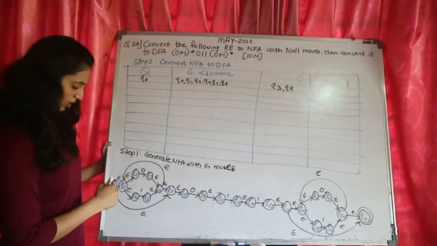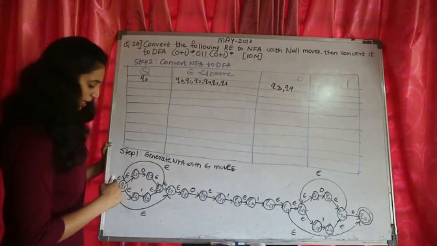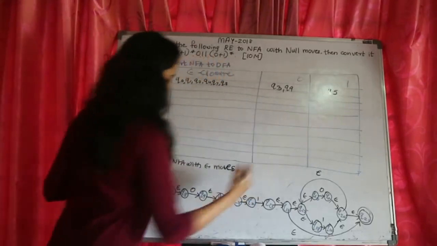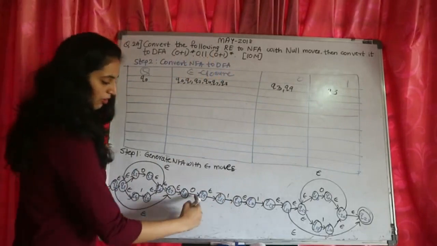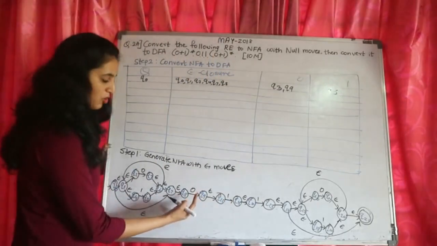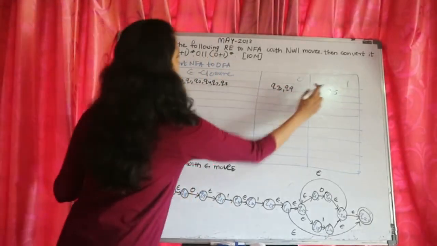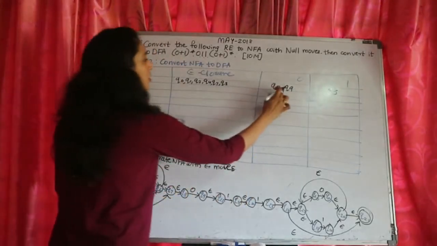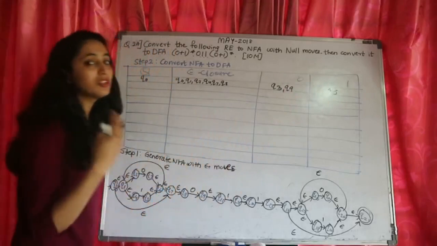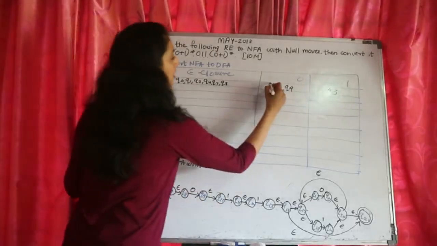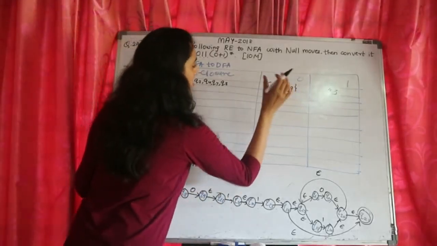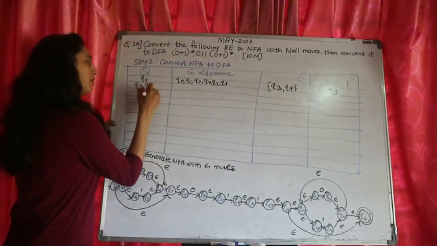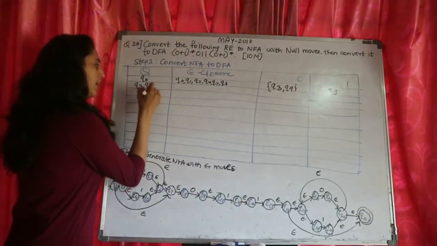Next Q0 on 1. From one way it doesn't get 1, from another way reading 1 it goes to Q5. And from the third way on reading 1 it doesn't go anywhere, it stops here. So we have these values for Q0 on 0 and 1. Now Q3, Q9 and Q5 are the new states which we found. So Q3 and Q9 are not two different states, we consider them as a combined state. So we write them over here, Q3, Q9 and Q5.